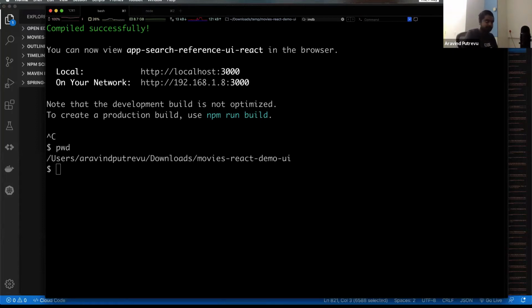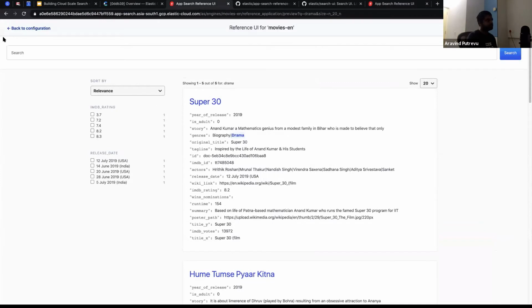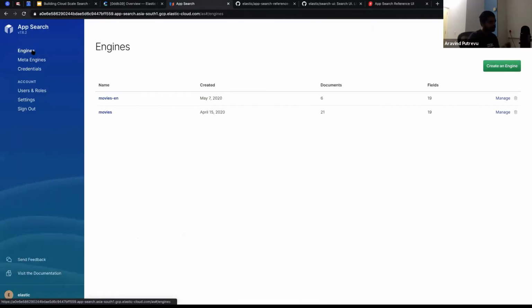No questions? Either it is quite easy to consume, or maybe you're finding it faster or difficult. So let me show you some more details. What I have done is I have a search engine already built in. You can have multiple search engines here in the app search. So I have created this one and showed you the app, and it's running here.